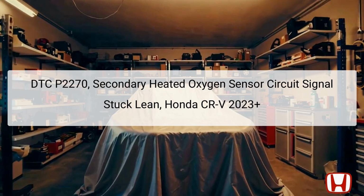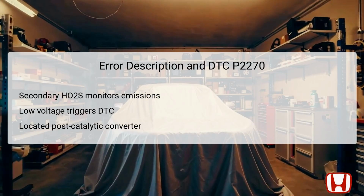Typically, the sensor is located in the exhaust system after the catalytic converter, where it assesses the efficiency of the catalytic converter by measuring remaining oxygen levels in the exhaust. If the sensor indicates that the exhaust is lean consistently, it may lead to incorrect fuel metering and potential engine performance issues. The secondary heated oxygen sensor, or secondary HO2S, is tasked with monitoring the exhaust gases emitted from the